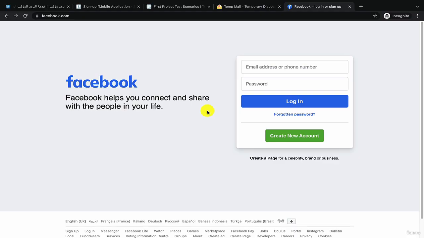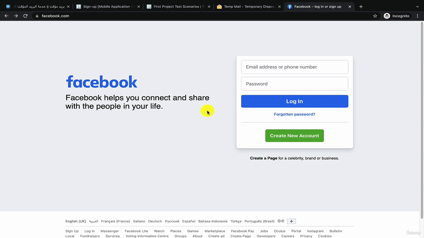After registration, we need to write test scenarios for the login functionality. Writing test scenarios for the login functionality is much easier than writing test scenarios for registration. Why? Because in most applications, the login consists only of two fields: username and password, email and password, or phone number and password. But there are some slight differences between registration and login, and we need to discuss them in